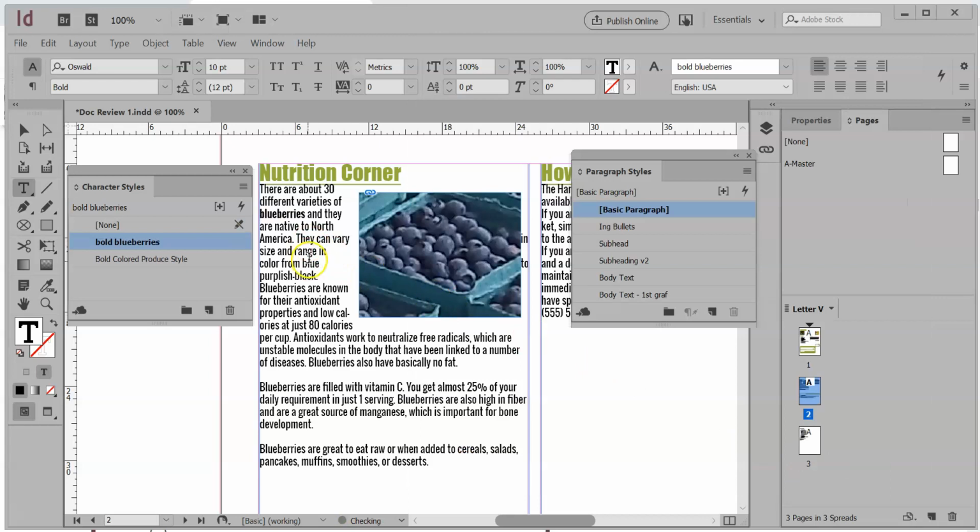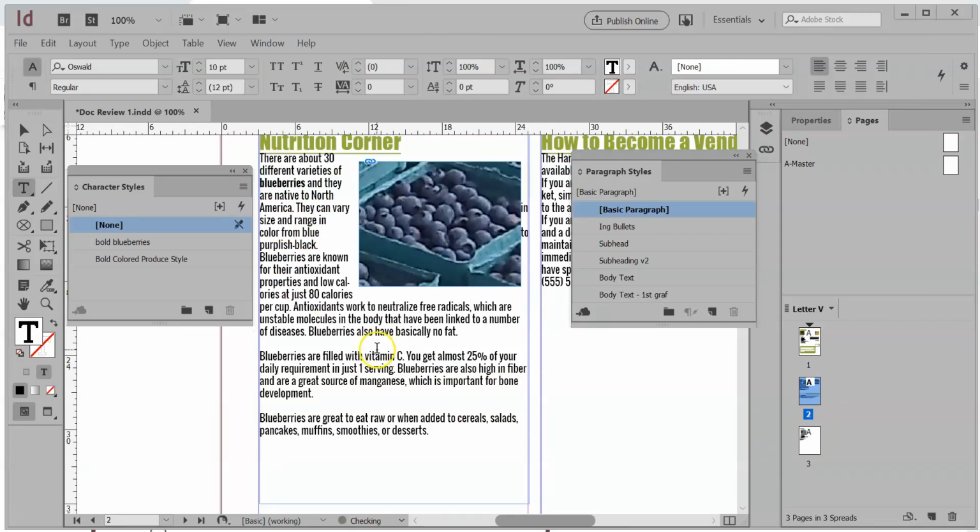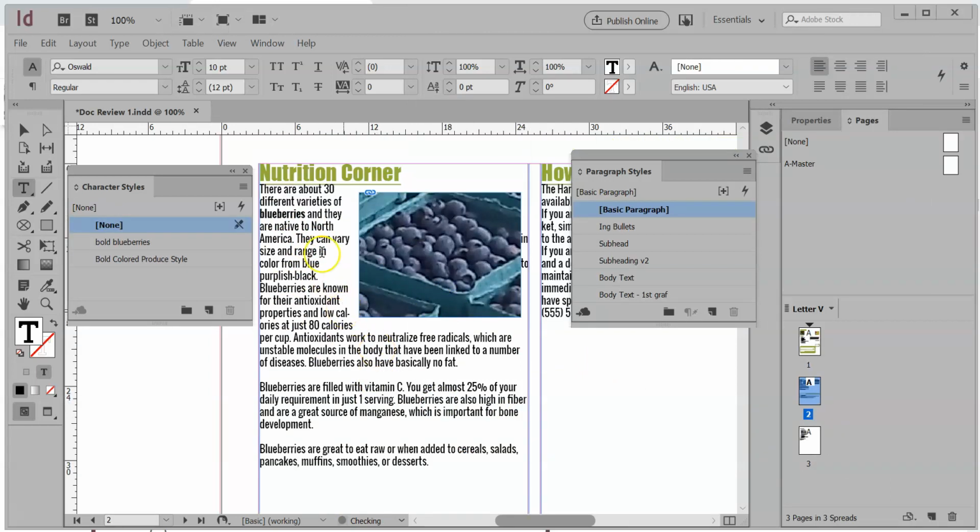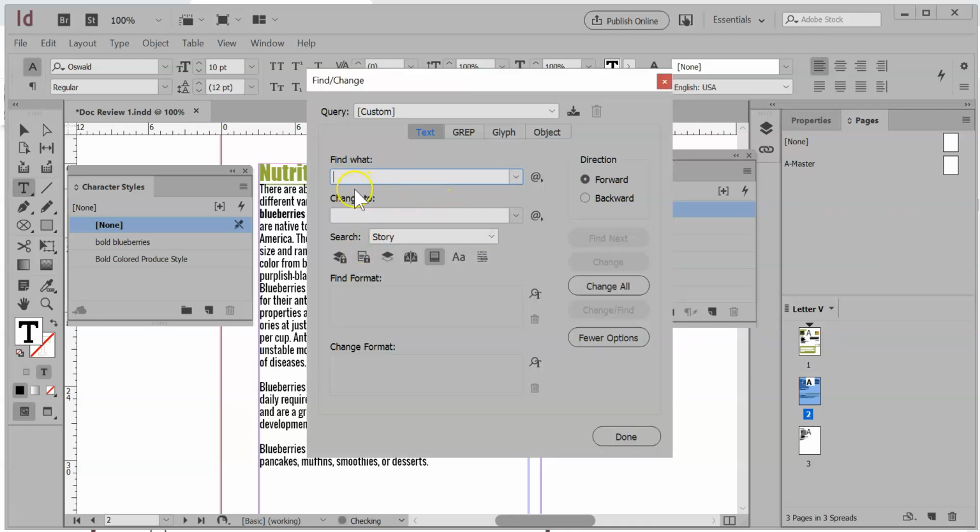Fantastic. Now, I don't want to have to go through every single part of my document where it says blueberries and then make the change. So there's this really awesome find and replace feature. So I'm just going to do Control N to do my find and replace. And I'm going to find the word blueberries, making sure everything is spelled correct. And I'm going to change it to a format. You see that there? See, so I'm going to say change format,